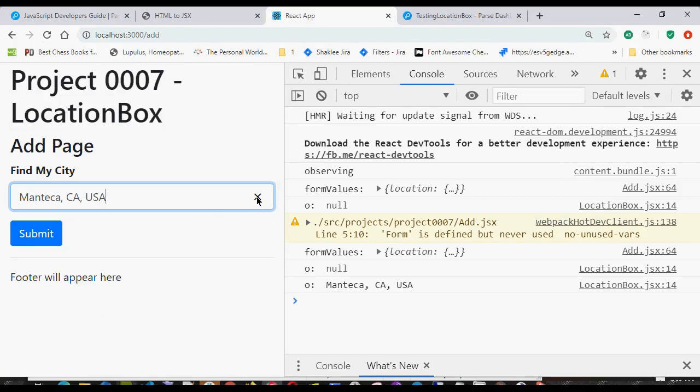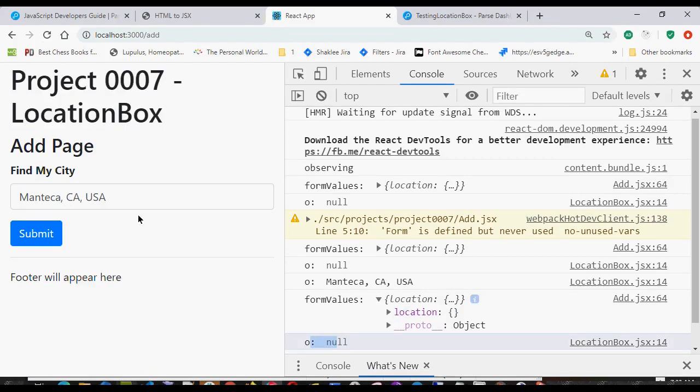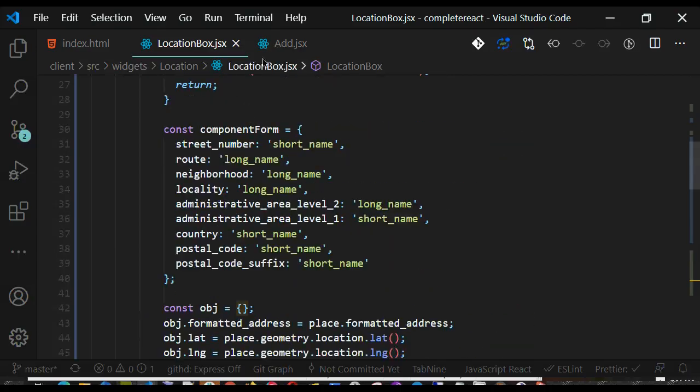okay, so I got this button. Now when I click the button, it is gone. Location is also empty now. Button is gone because O become null. But this is still there. It does not empty this part. So to empty this part, we have created this. We have created this